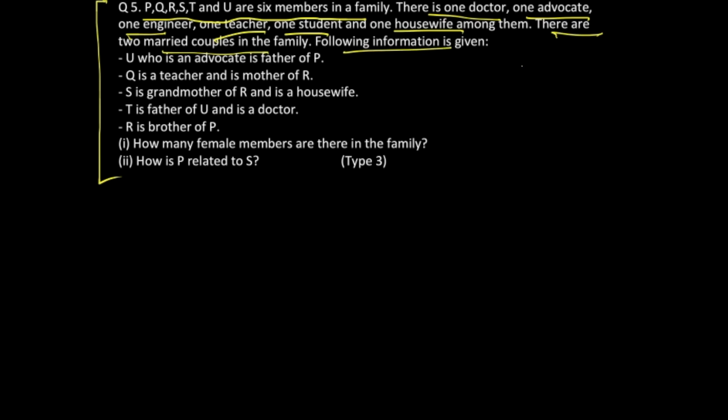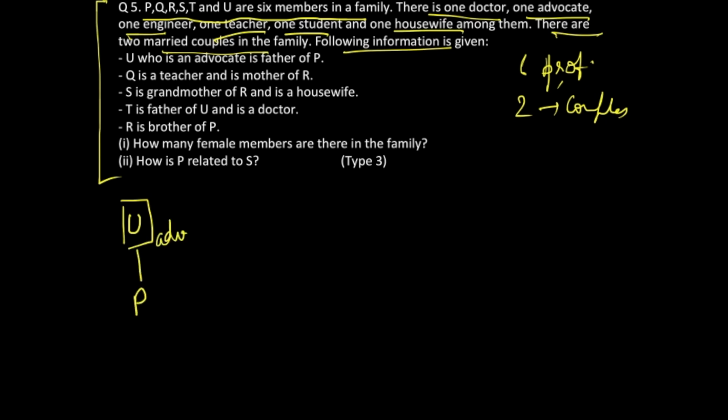So there are 6 professions and it is known to us that there are 2 couples, right? So this information is also going to come in handy to us. The first step says that U, who is an advocate, is father of P. Okay, so now we know that U is father of P. So the first step is saying that U is a male member and he is father of P and he also